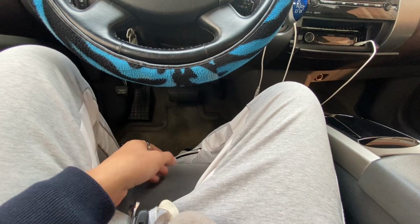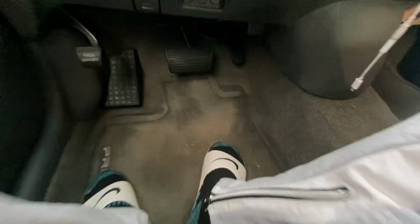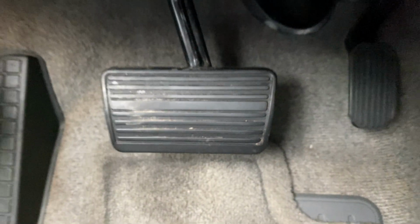ABS module was replaced at one point in its life, but I decided to put this pedal right here, and it actually looks a lot better. It actually looks pretty nice. You guys can't really see it, but